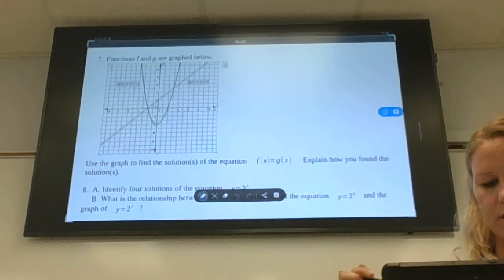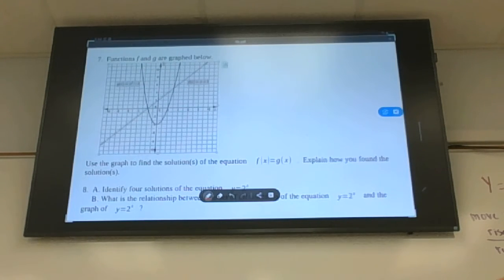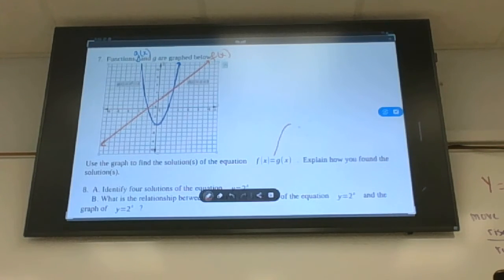And you guys can't see it, but the line is f of x and the parabola is g of x. So you could call the parabola George and the straight line Fred. F and G. Use the graphs to find when F and G equal each other, which means really,